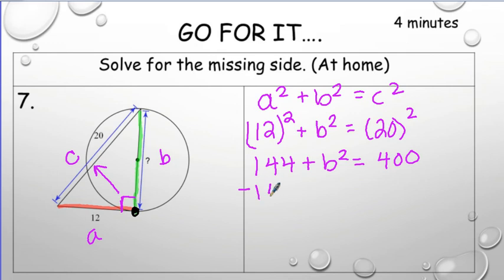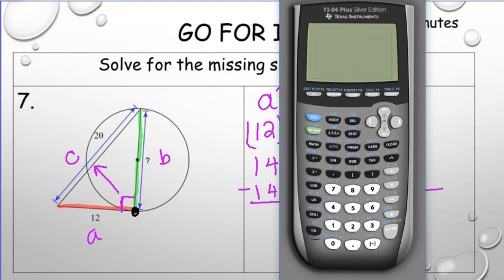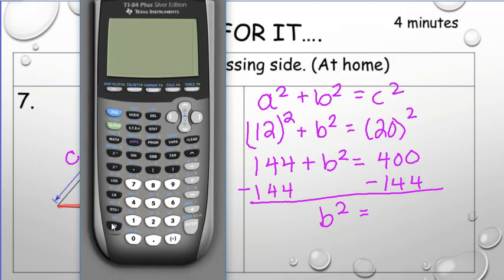And then subtract 144, subtract 144. And we get B squared equals 400 minus 144. And I'm going to just go ahead and double check my math so you can see how I can use the calculator to help me with squaring those equations. So that's your raised to key, squared. Or if you have a scientific, you can Google how to find your raised to key, or hit me up in class and I'll show you. Okay, so I'm good there. Minus 144,